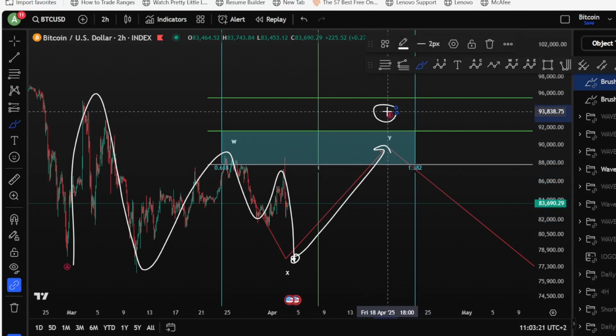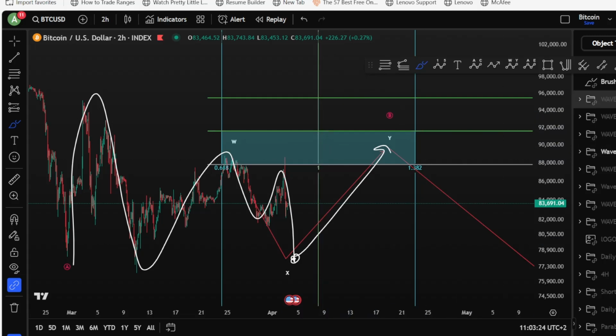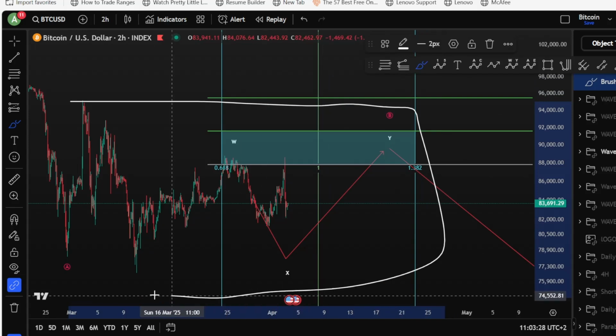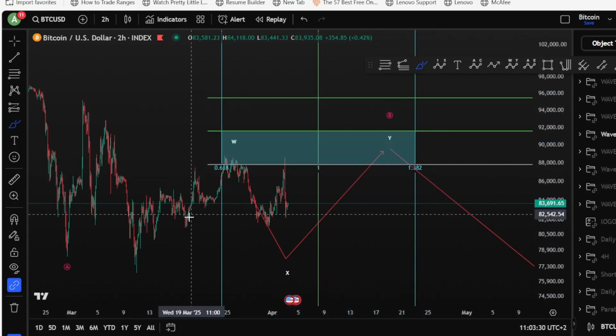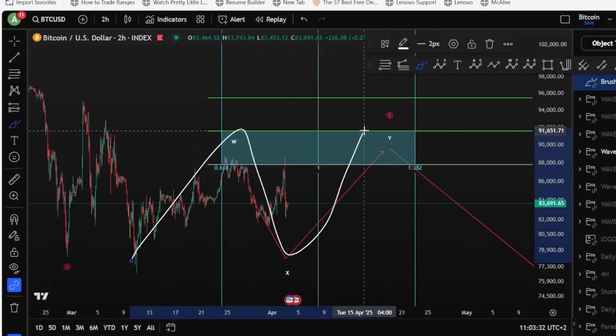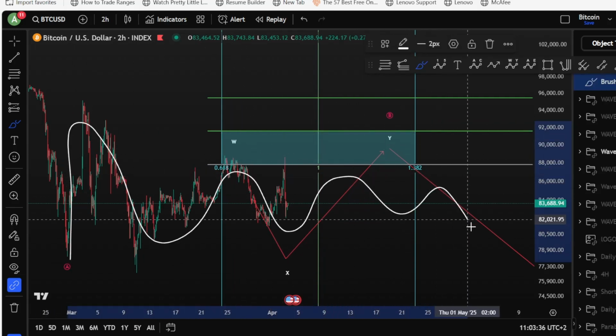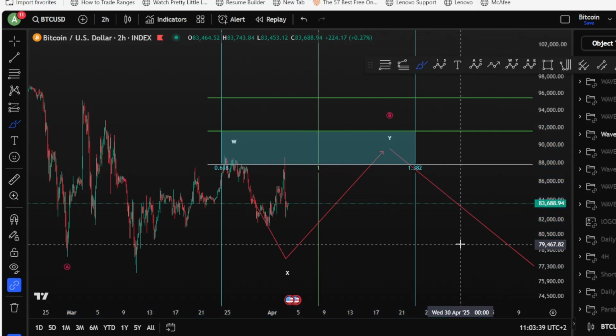It is the most complicated wave that you might have, and that's why we see ups and downs over the whole region here. Potentially it can end up in W, X, and a Y, or it can end up in a big triangle, as a running triangle, and then move toward the downside at the end.